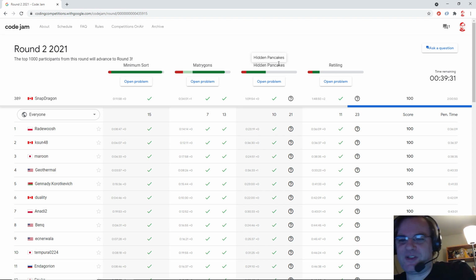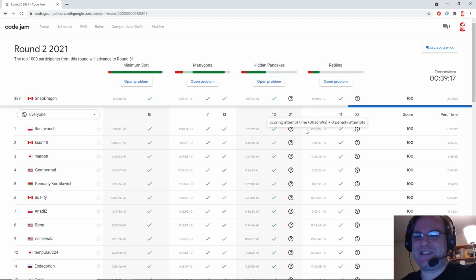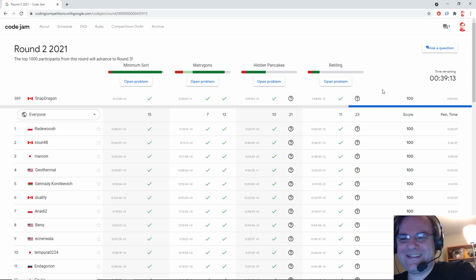This was purely a speed contest, nothing challenging. It took me 3 times as long as Radewoosh to get through everything. Ridiculous. So I don't know what to say about this contest.